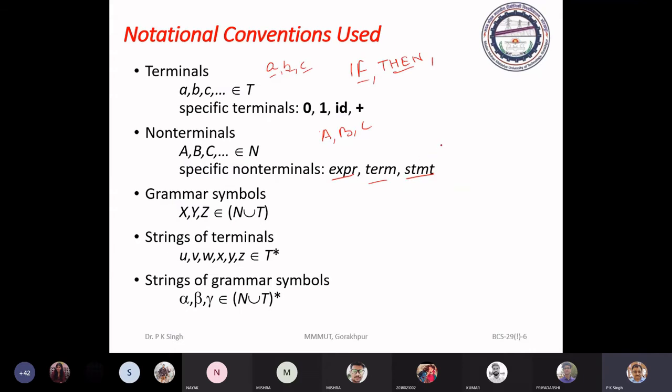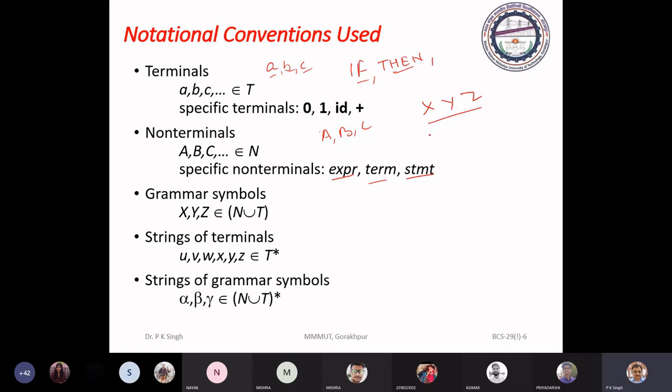These are the non-terminals. And in general, if you have to show a grammar symbol, we use X, Y, Z, the capital letters from the tail of the alphabet.